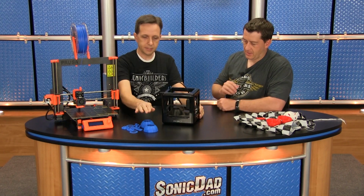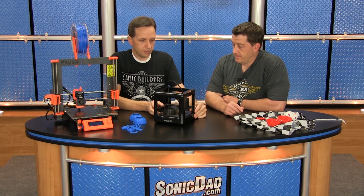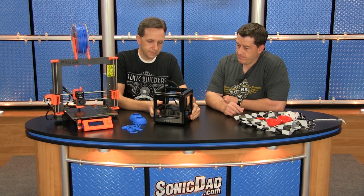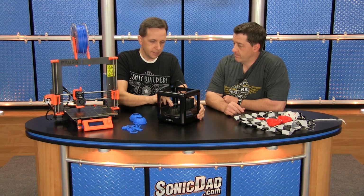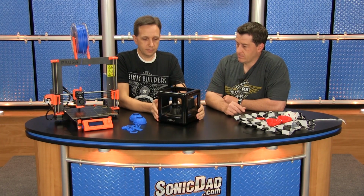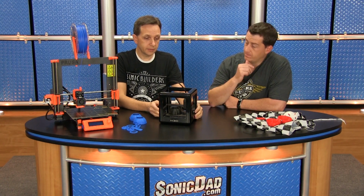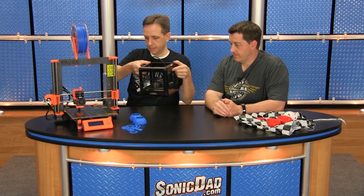If that's a little outside of your price range, there are also several very small and inexpensive printers. This is an M3D. You can buy this little guy for about $300. I borrowed this from my buddy Heber Johnson. He printed these parts to test out our design and printed fine. But you can pick one of these little guys up for about $300. So if you decide that you want to start doing 3D printed projects in the future, this is a viable option too. So there are the printers. Let me set these back down here